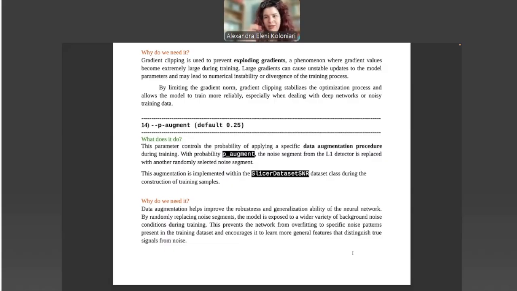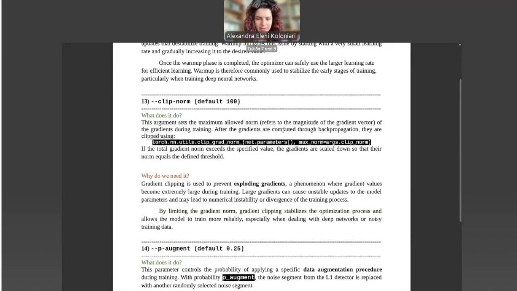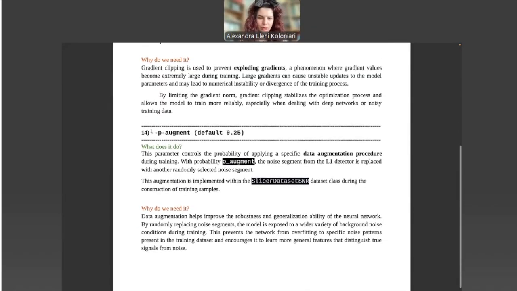So we don't have the same segment that actually was for the Livingston detector and the Hanford detector at the same time, but another time segment for the Livingston detector and another for the Hanford detector. And that is implemented in the slicer dataset SNR if you want to check a little bit more what is happening.